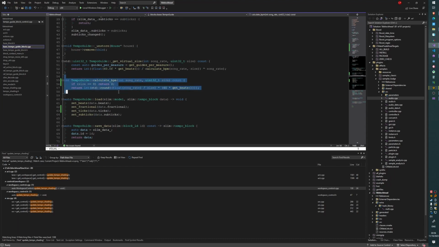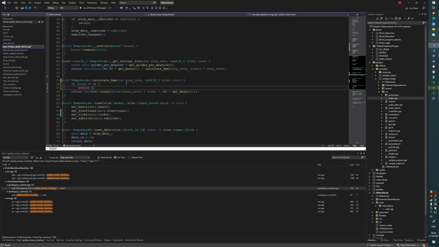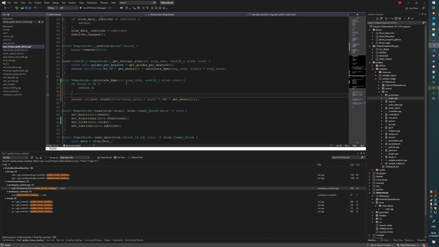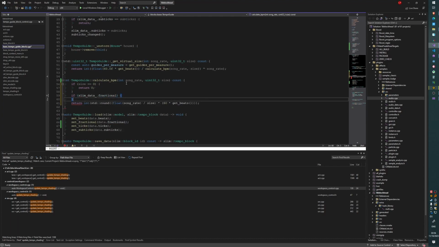So if I just fix this function, everything maybe sorts itself out pretty much. Let's see what happens. So if fractional